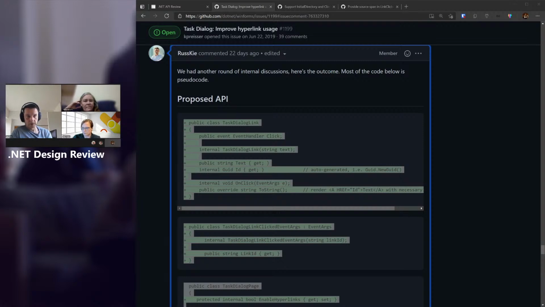Another big thing worth mentioning is that we want Windows Forms to be as closely aligned with current Windows. So if Windows has an API, if Windows provides this UI and UX to Windows users, we want Windows Forms developers and users to have the ability to easily utilize these APIs.